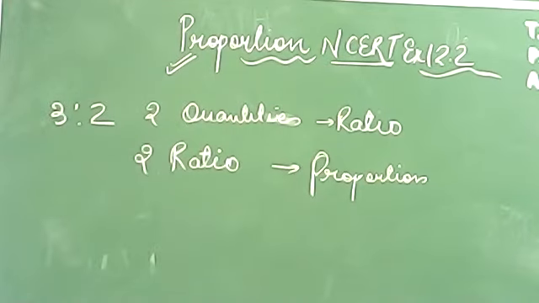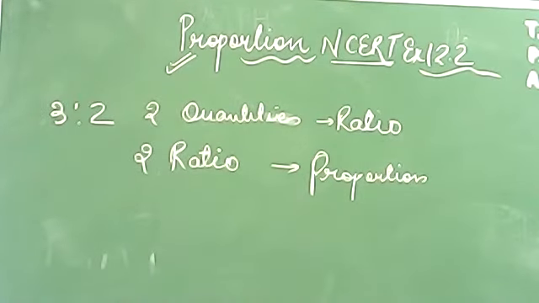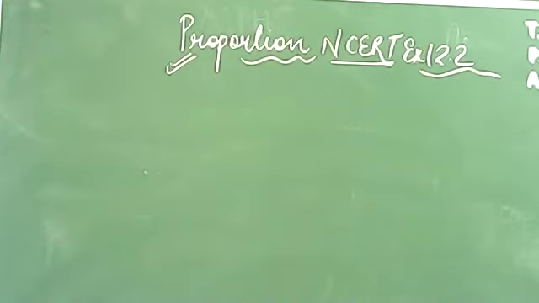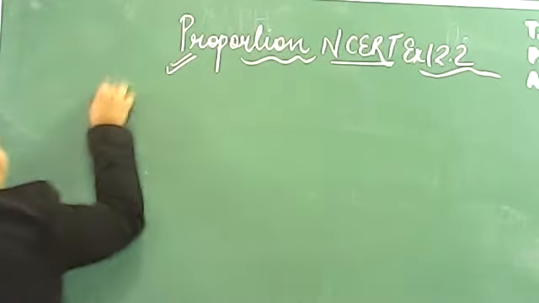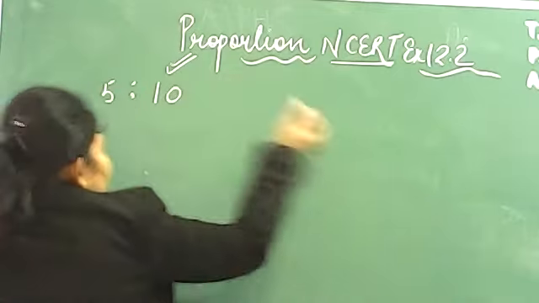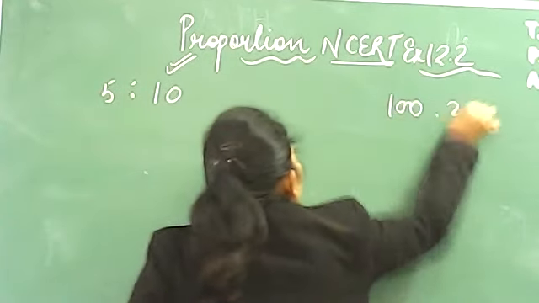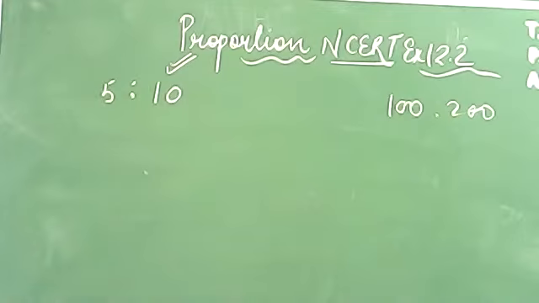Fine. Please write it down this, what I am speaking. When we compare two ratios, we find proportion. Do not write wrong spelling, write down the correct spelling. Suppose we have two ratios. One ratio is 5:10 and another ratio is 100:200. Fine. There are two ratios which is given to you in exam, and it is told that please find out or maybe check whether they are in proportion or not.